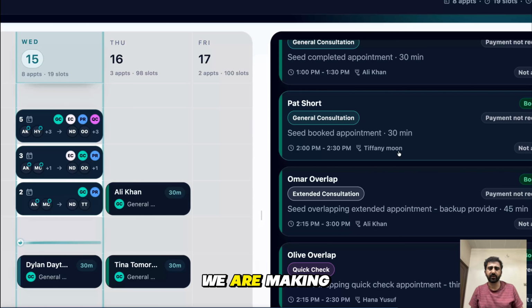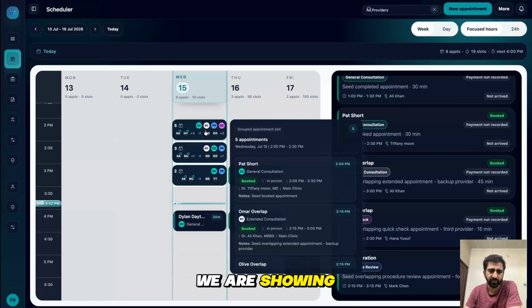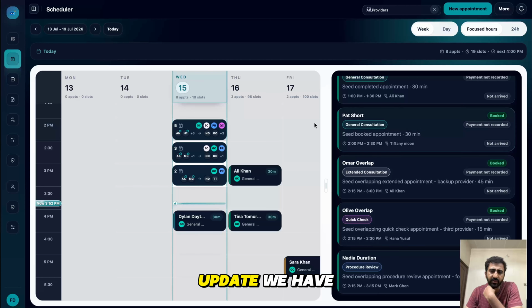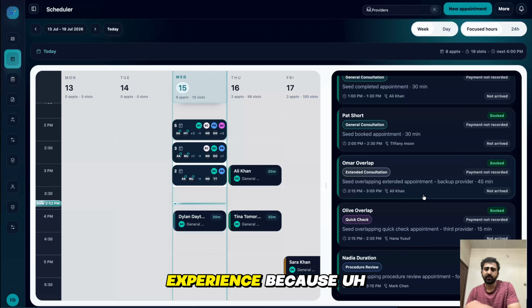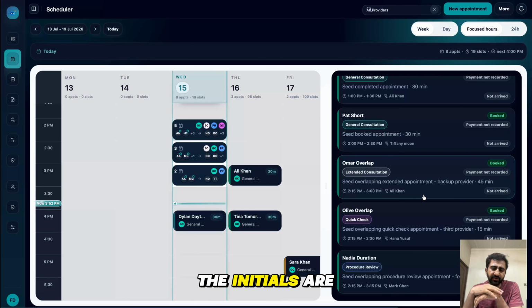Right now, we are making the selection explicitly instead of letting the system decide it. So here we are showing kind of expanded information. For example, you can see here, this is the update we have made, and it definitely has improved the experience, because the initials are finalized, so they can quickly help us to track and read the compact information. And we have also standardized the things. This was one of the challenges we have solved, but there is one more challenge that we need to solve,